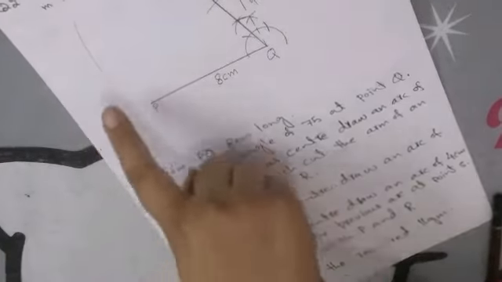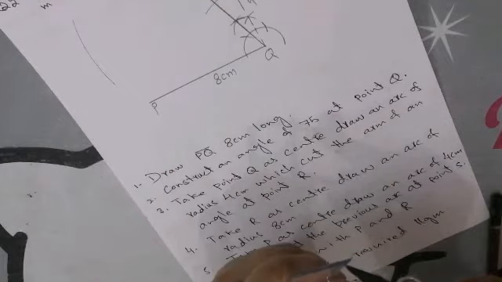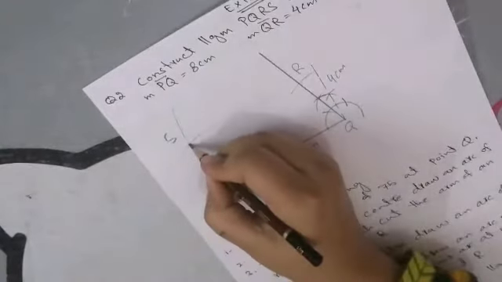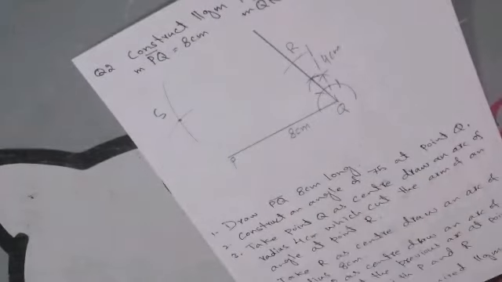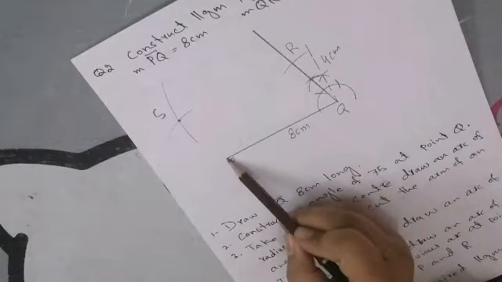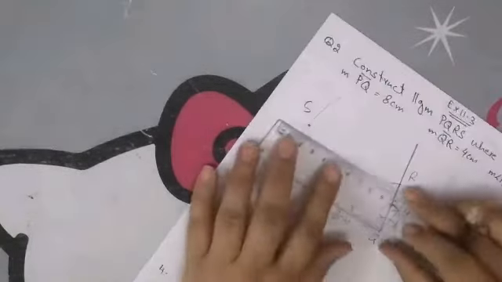Now from point P, opposite sides are equal in length. 4 centimeter you open your compass. From point P you draw an arc of radius 4 centimeter, which cut the previous arc at point S. So give them name S, because we have already given that PQRS you have to draw. Now join this point S with point P and with point R. So you have to join them.